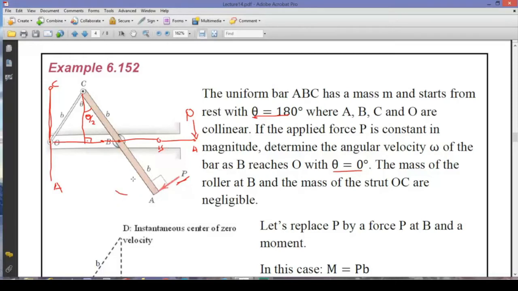It's not a circular track, it's just a general plane motion. This coupler does a general plane motion, and it's quite hard to do this measurement. However, we can